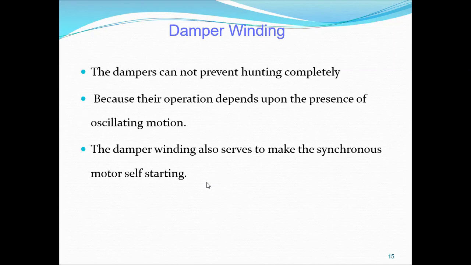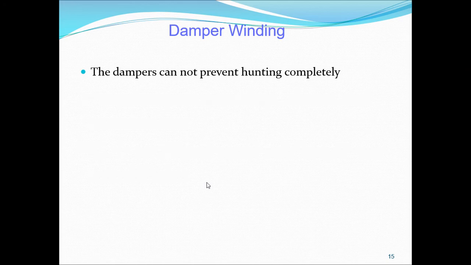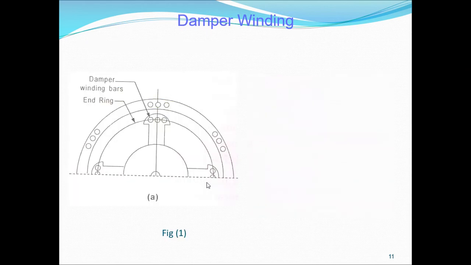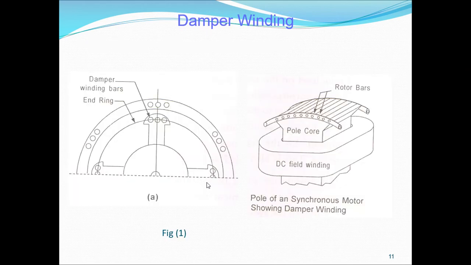Okay. So you understood how the damper winding will be there and how hunting is reduced. I will show the figure once again. You draw the figure. Now you get this damper winding. Here you have to draw this figure. The left hand side figure is okay. If you draw this figure, that is also fine, where it is showing both damper winding and end rings. Note down this figure.